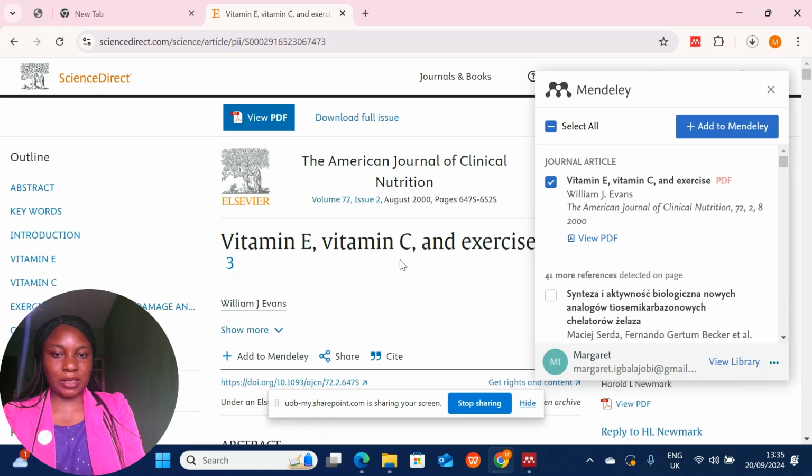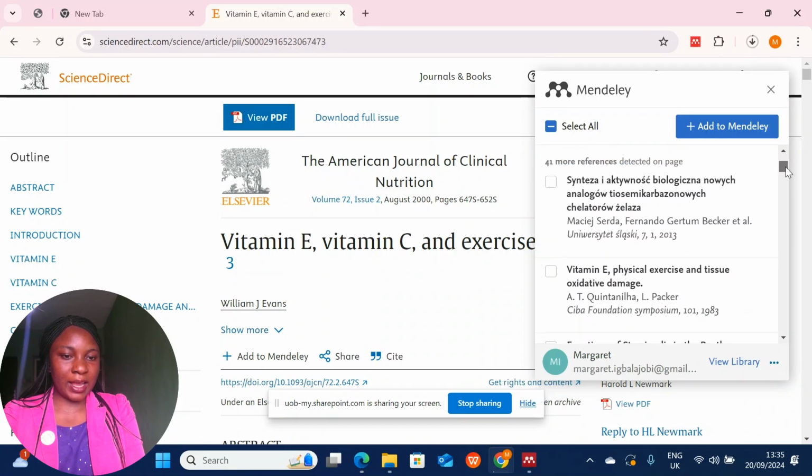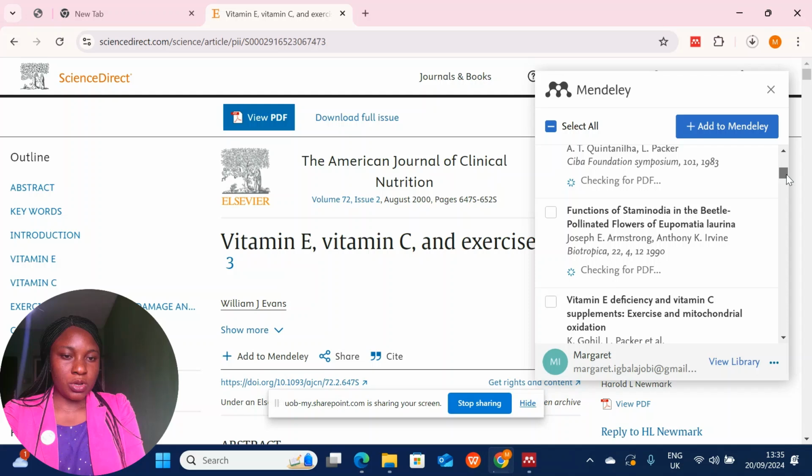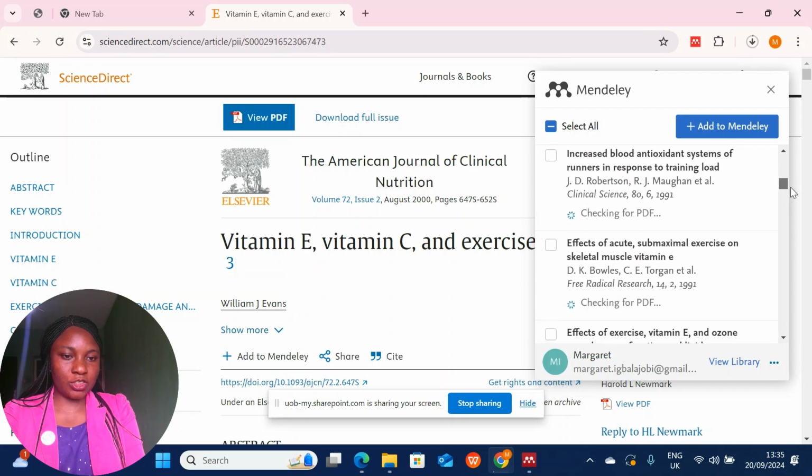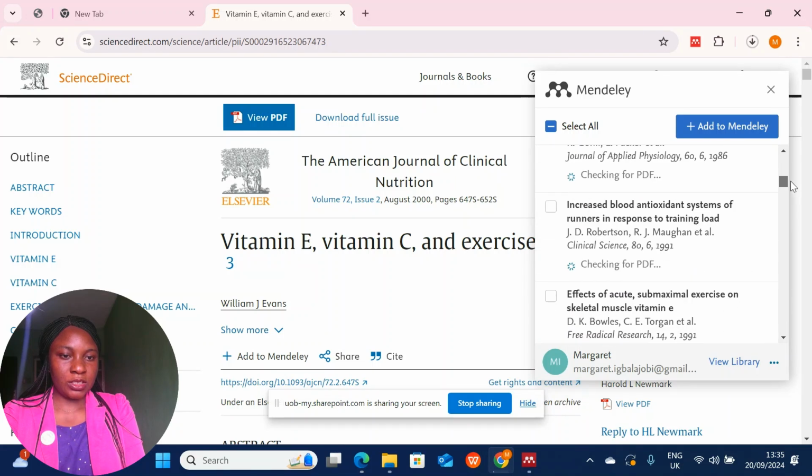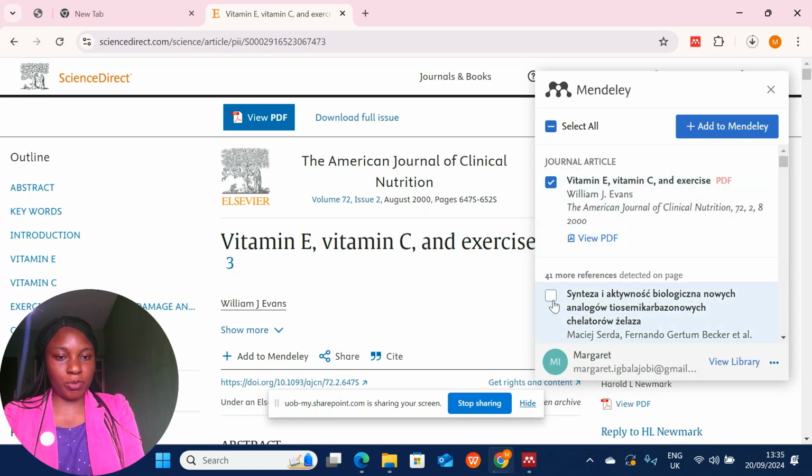This is the document I found useful, and all I need to do is to just select it by ticking it. So once I tick it, I can just add it to Mendeley. But before I add it, these are other suggestions. It's saying that there are 41 more references detected on this page. So if I want to check all of them, I can check all of them, and then if they are okay for me, I can just